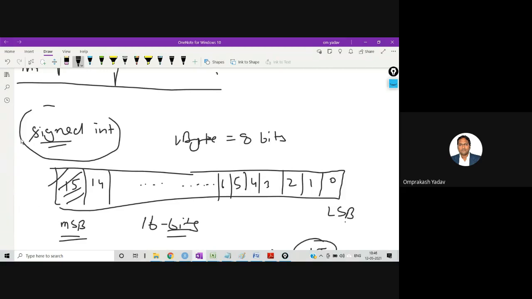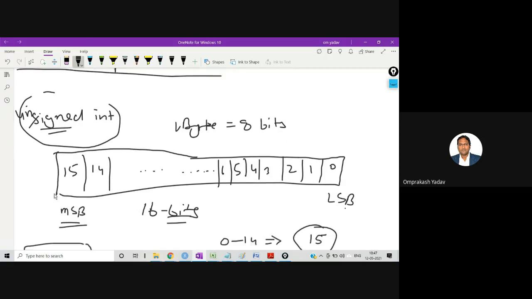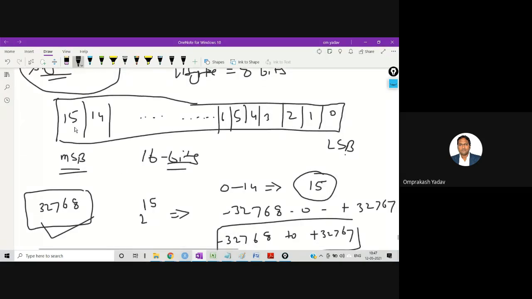Now this last bit will not be reserved for sign purpose. Why? Because the type is unsigned int. Now it's unsigned, so this last bit will not be reserved for sign purpose. So how many total places are available? Now we have a total of 16 places, right?